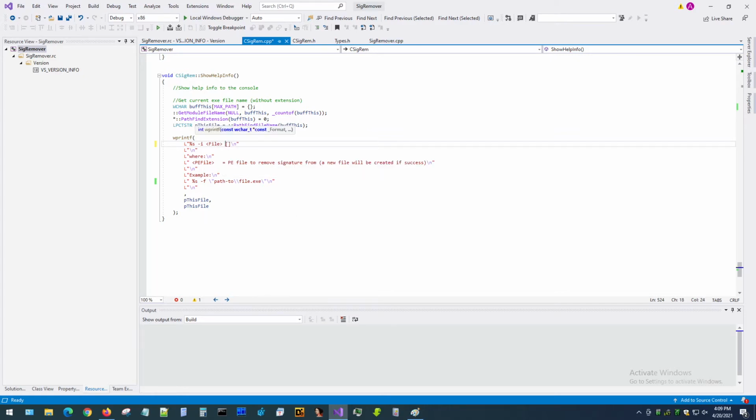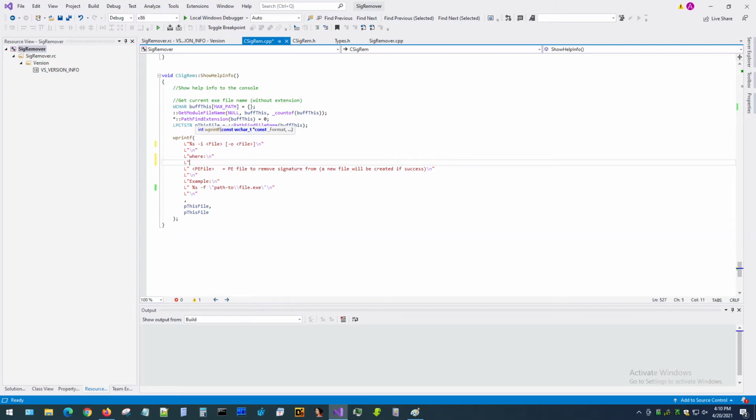input parameter, then in square brackets, which means that the second parameter is optional, we create the output parameter, which is O. Okay, and then let's see, we will create a new line, and here we will describe, let's say I specifies, because we have more than one parameter, so we have to explain what I and what O is. We need to write specifies PE file to remove signature from, then we put semicolon, and in this case we just have file, and let's just say P file